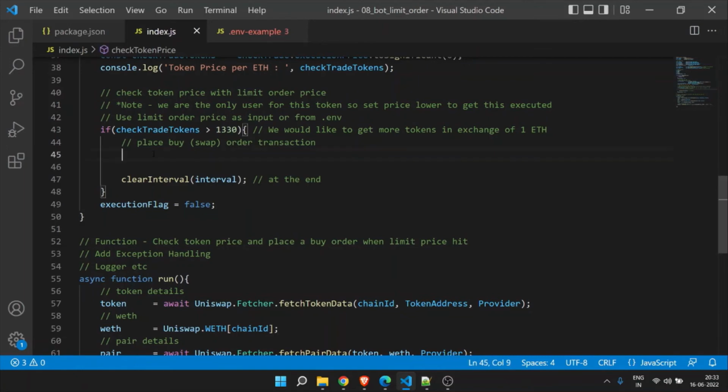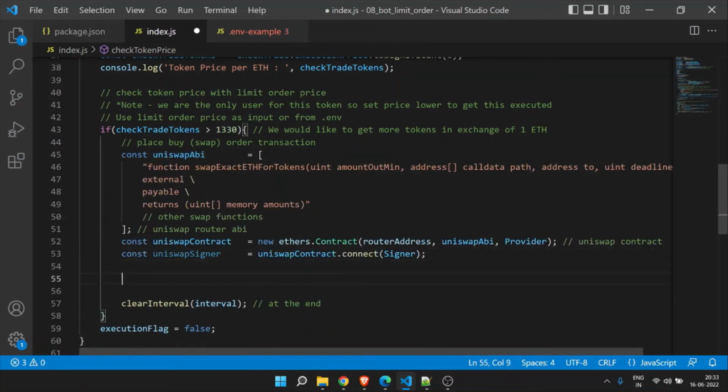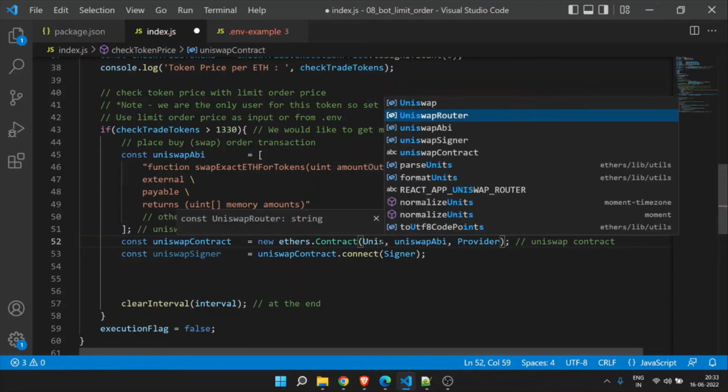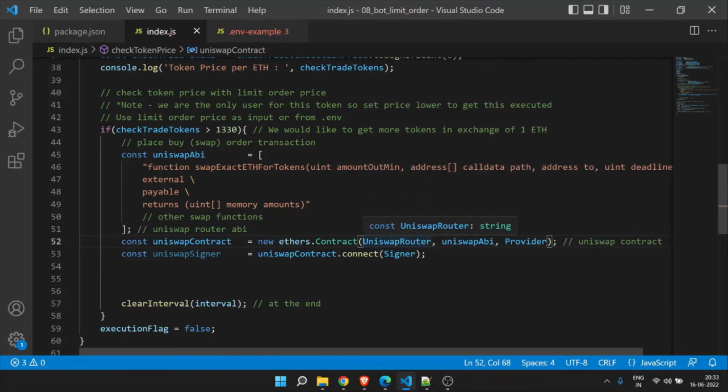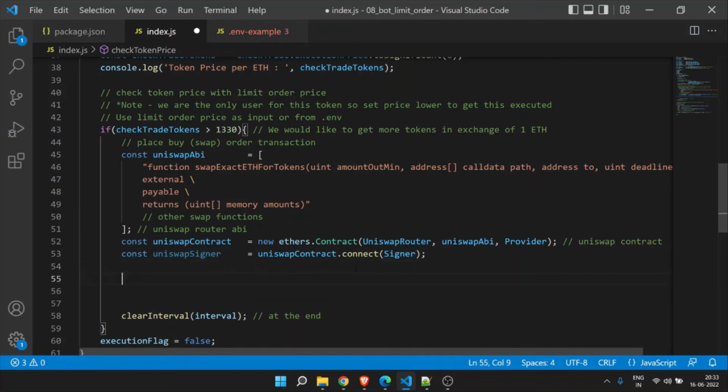If you see the uniswap ABI, we have the swap exact ETH for tokens. Likewise, you have other methods, other functions you can use, or you can copy from etherscan.io. Here you need to change this to the uniswap router. Then we have the uniswap ABI provider, this is fine, and the uniswap signer, connect to the signer, this is also okay. So now go back to the code, and we have this token with